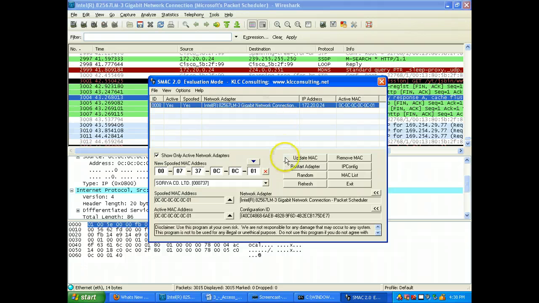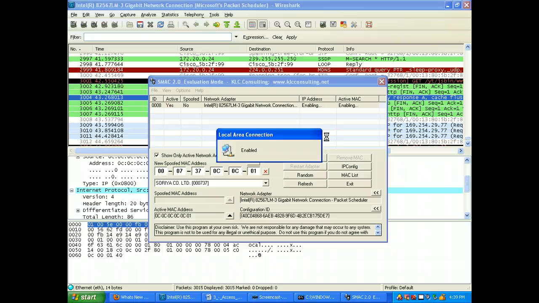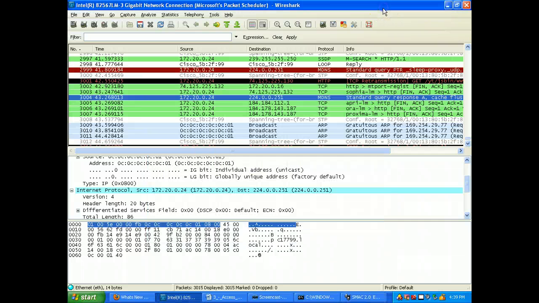Okay, so I'm going to go ahead and remove the MAC spoof. And what it's going to do is set everything back to the way it was. It'll disable, enable the NIC card. It'll give me back my IP address from the DHCP server and the original active MAC address from the NIC card. Let's go back to Wireshark before I have you do this on your own. To get Wireshark started, once you start Wireshark, you just go to Interfaces, and Wireshark